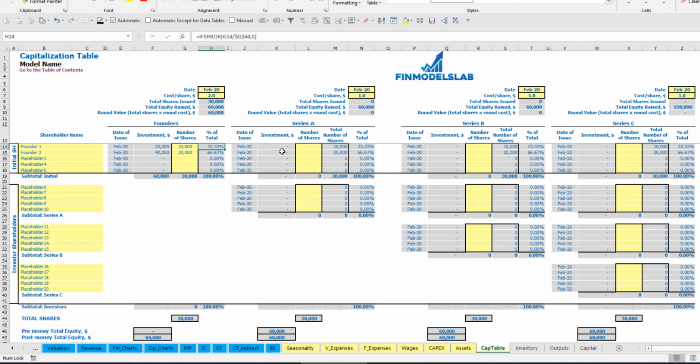67% of shares. So let's pretend that for Series A we have one investor and the date of issuance is May. Cost per share is $5 per share and the number of shares is 1,000. So the total amount of investment will be $5,000. You may see that before the Series A total equity was $60,000, after it is $65,000, and investor 1 will have